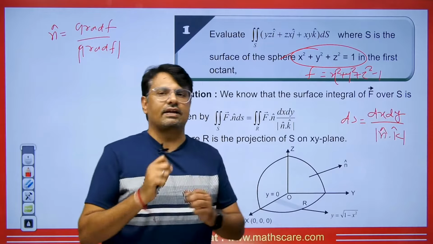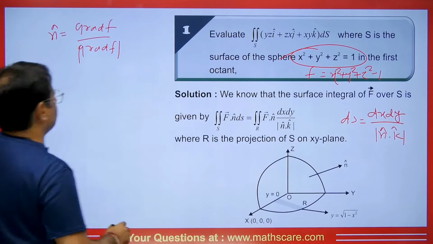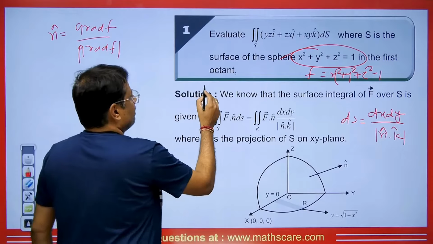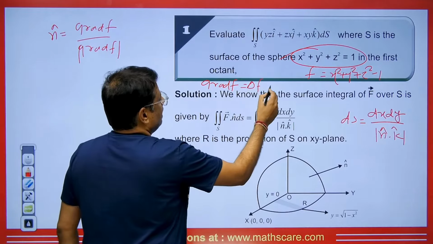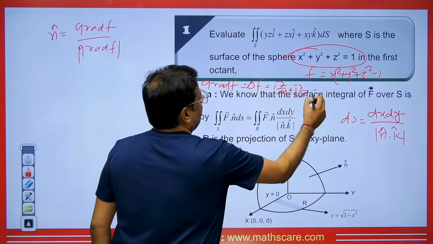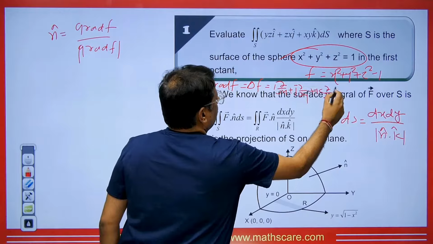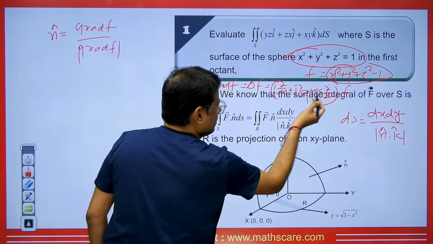How do we find the gradient? If you want to see a video on this, go to iTab and you can see. If we talk about grad f here, students, what will be the grad f? The gradient of f is equal to del f. We write this as i del by del x, j del by del y and k del by del z, this is multiplied by f, and as soon as you multiply this by this and this, then with respect to